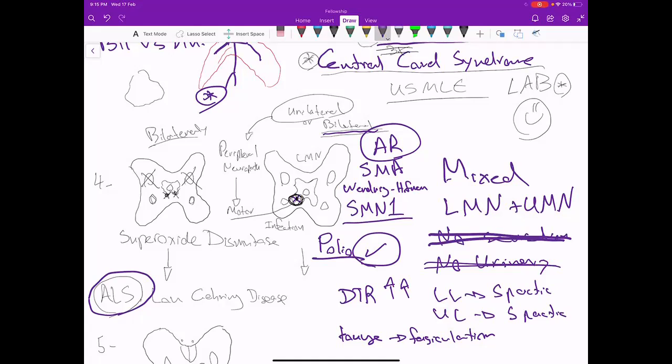If it's motor, you look for signs of, for example, lower motor neuron. No, everything is upper motor neuron. Look at your answers. Exclude anything that was saying lower motor neuron, because the symptoms are all hyperreflexia, hypertonia. There's nothing about lower motor neuron. So look at the answers and you see SMA, you cross it out. You know 100% that's not it. You look at polio, you cross it out. You see diabetic neuropathy, you cross that out. Then you're left with, for example, let's say ALS,